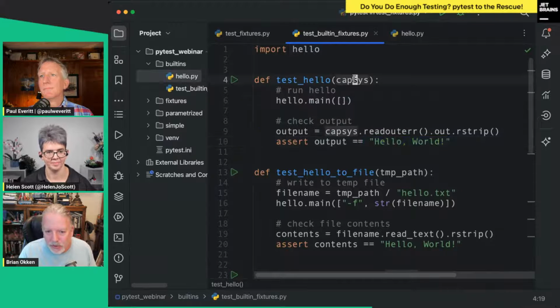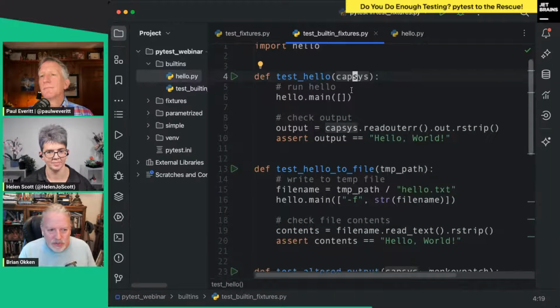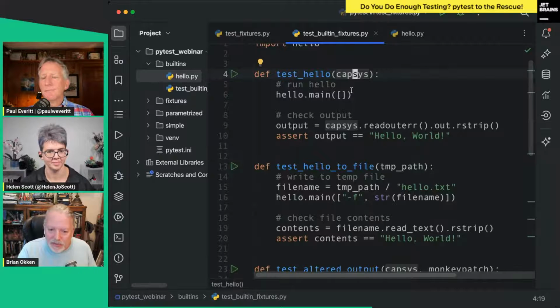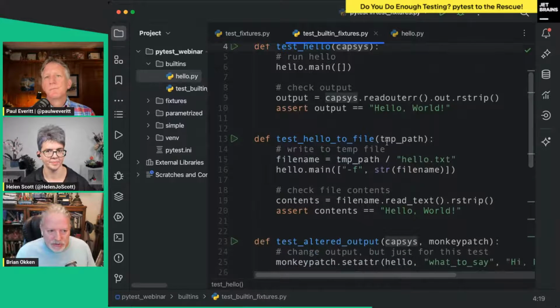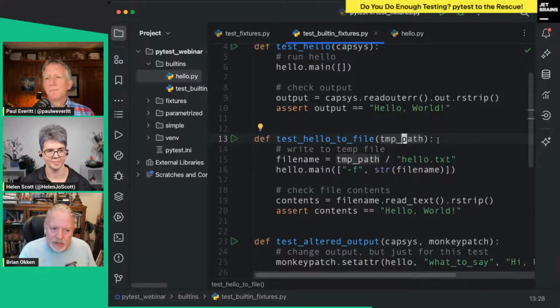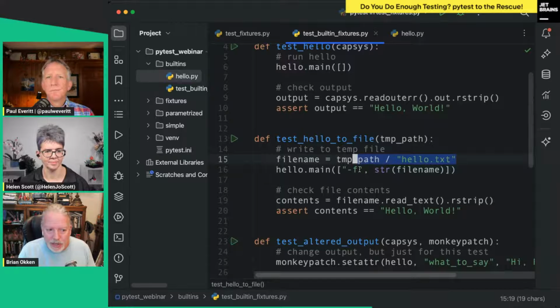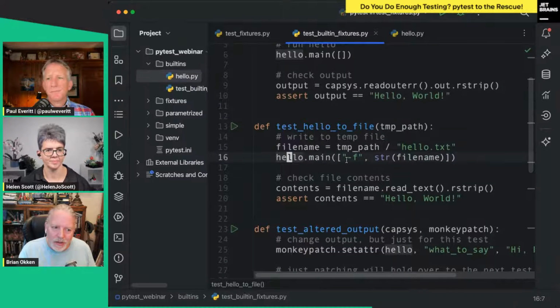Capsys is great for capturing output. There's a log version for capturing logging. Some really cool fixtures around there. The file stuff: if I have to deal with any files during testing, you don't really want to write to your actual file system, or even if you do, have it be a temporary directory where it deletes it. So there's a tmp_path fixture, which is great, and it returns a pathlib path object because pathlib is awesome. We can do things like, give me a hello text file, and then I pass that in to my main to say, hey, hello world, here's your file. So I've passed a temporary directory or temporary file and write to it, and then afterwards I can read what my application wrote.